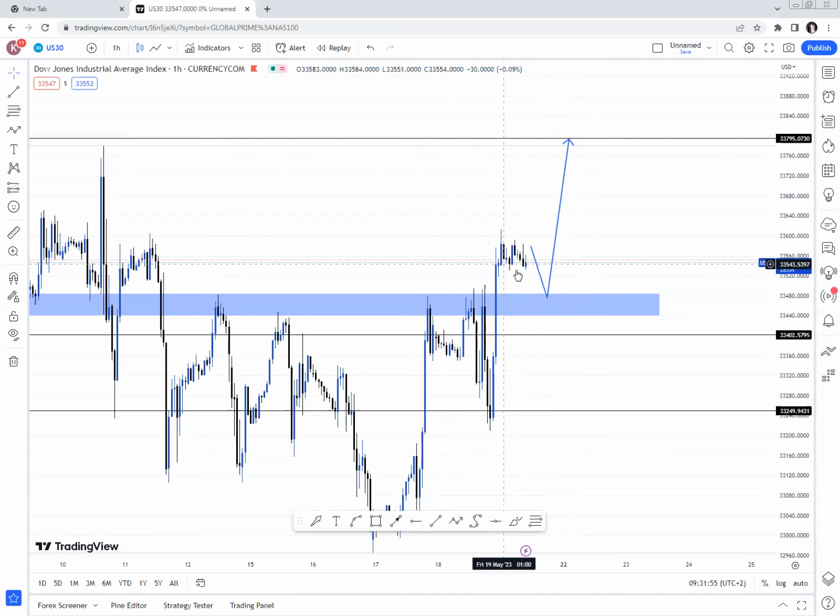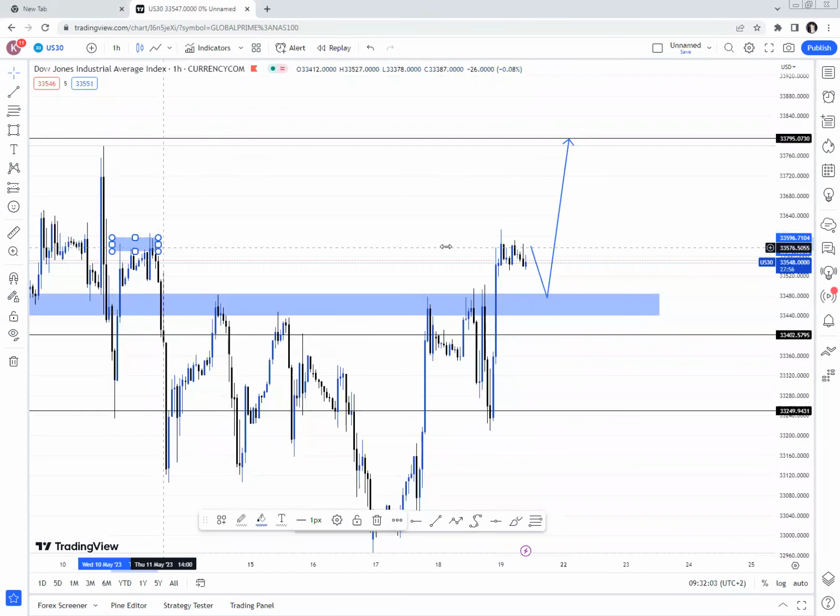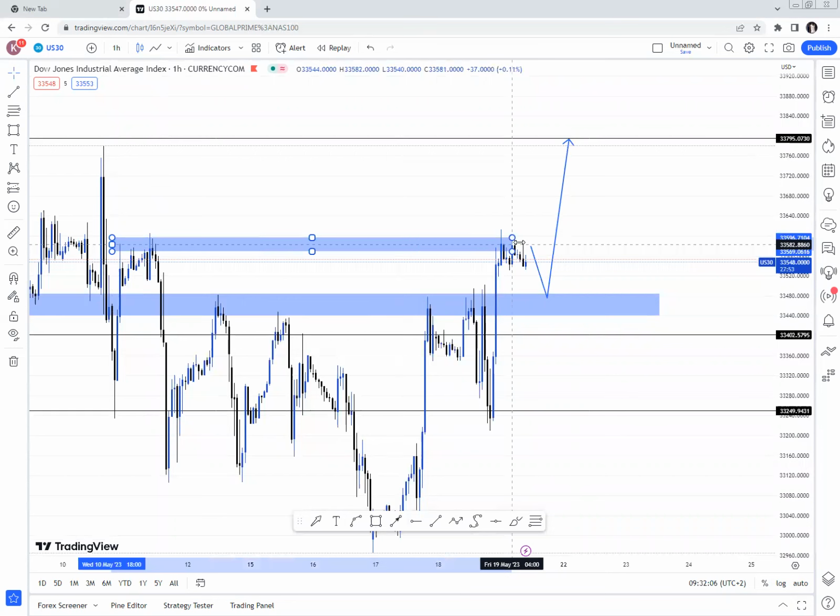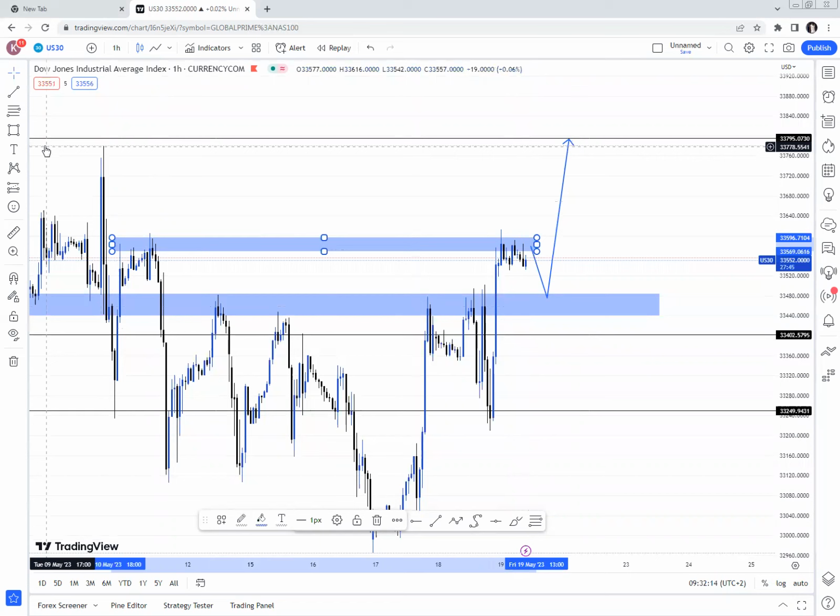So that's my analysis. That's what I'm currently expecting on US30. And there's a high possibility that it drops now, understand? Because when you check here, there's another zone there, and it already reacted on that zone, understand? You can see how it's reacting on that zone. But I don't think that zone is going to hold, because you already saw on our 4 hour time frame,